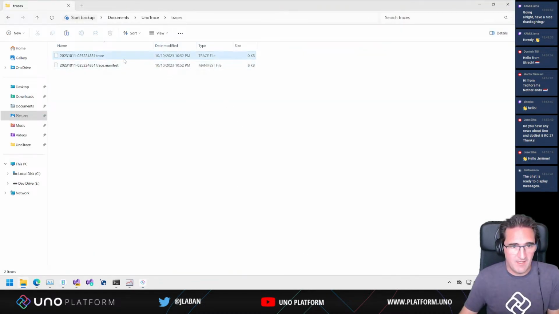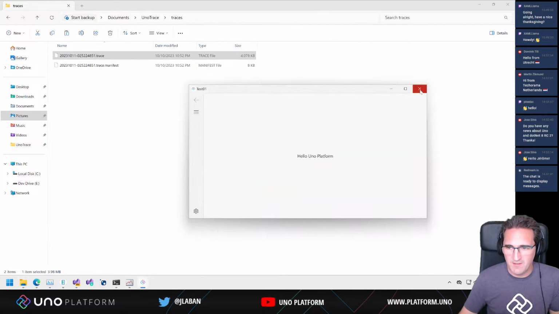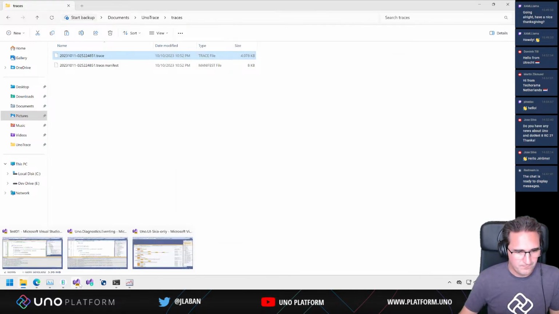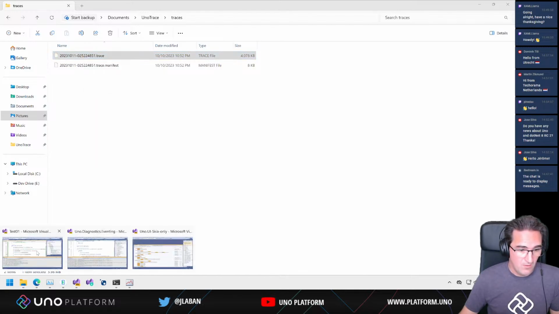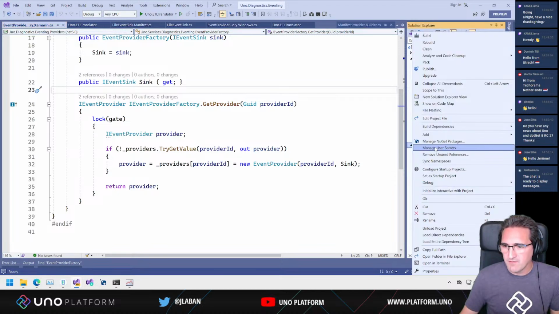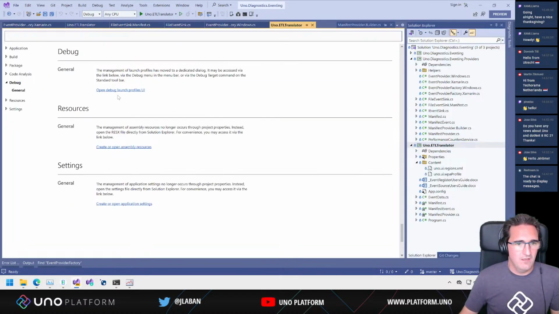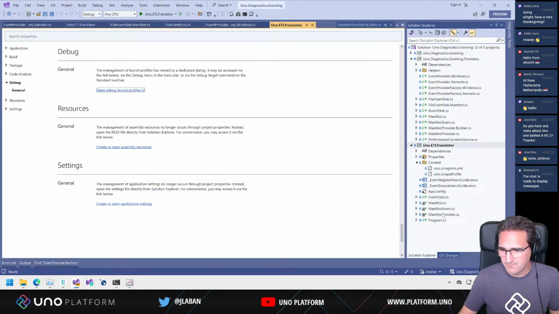Okay, so the file is still locked, but it's probably going to be telling us. We can see that it's 4 megabytes, which is fine. Then we can close everything. Then we're going to be rereading that trace and see what's happening in the eventing tooling. So if I change that file to be this new trace file,